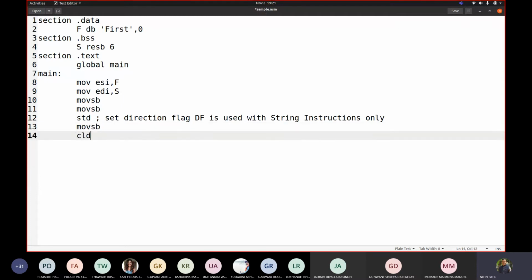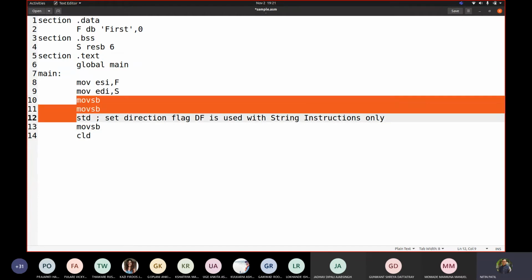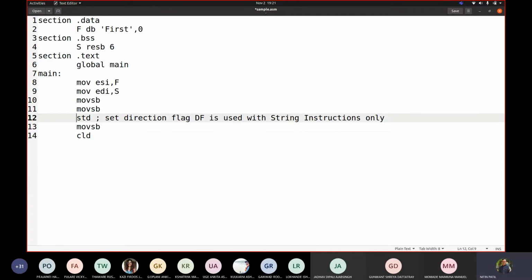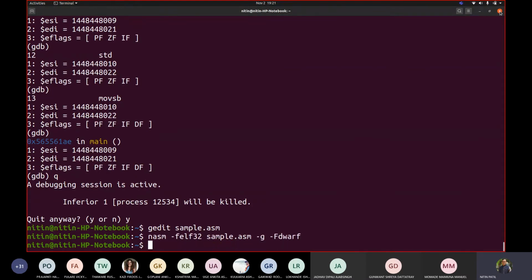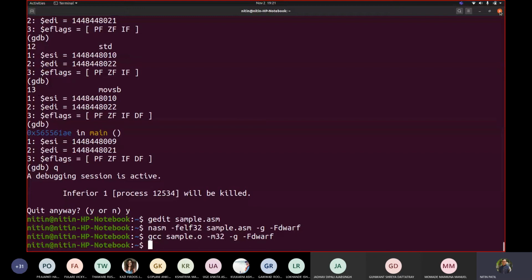Fine. Now if I write CLD, we will take Control X, Control V. We'll see this code now so that you can understand what is happening. Again, I added MOVSB after CLD, so what will happen? Let us assemble with GCC.